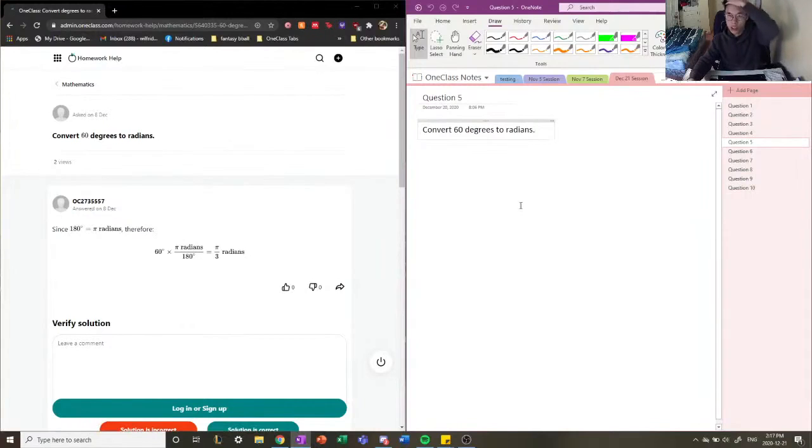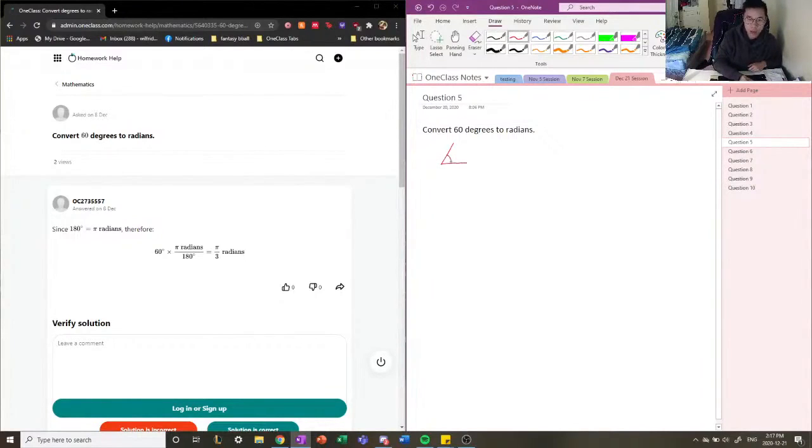All right, so convert 60 degrees to radians, okay? Usually degrees are related to angles, right? Angles are basically a measure between two different lines, right? For example, if I were just to do a quick example here,